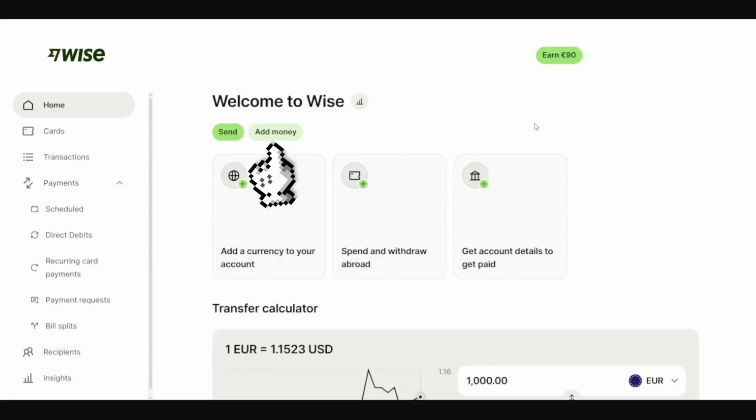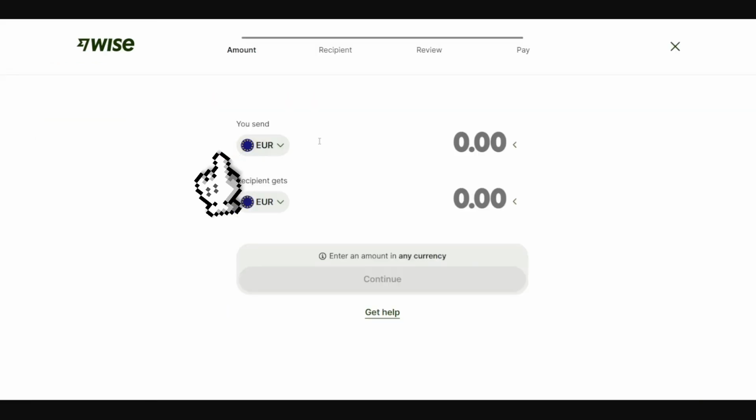Hello guys, today we're gonna see how to send money from Wise to Alipay. This is really easy. The first step we need to do is click this option called send. Okay, we're going to click right here, and then once we click send, in this case we're going to select